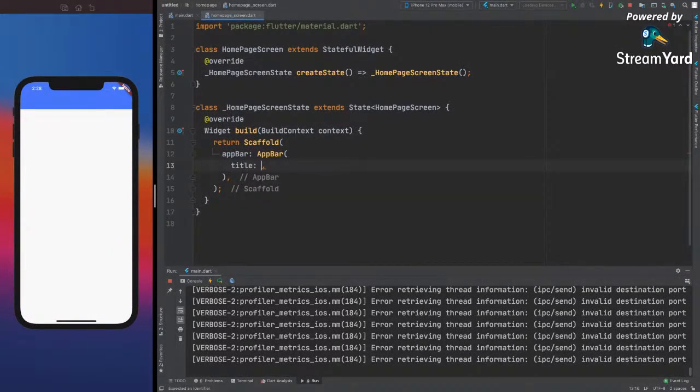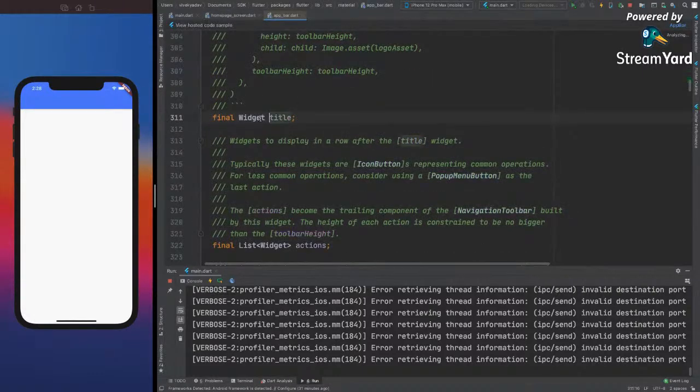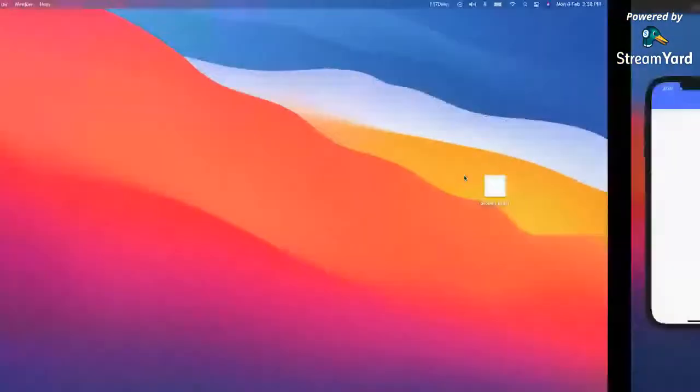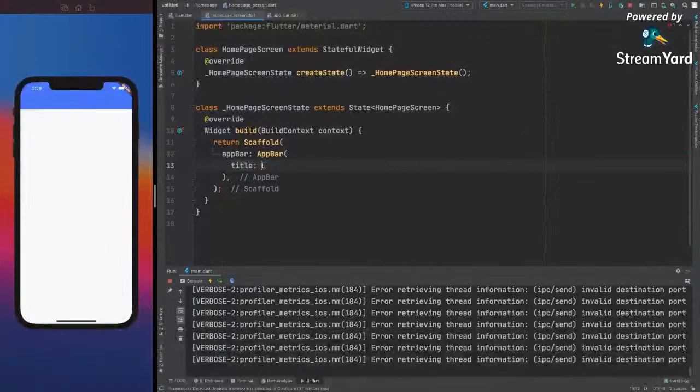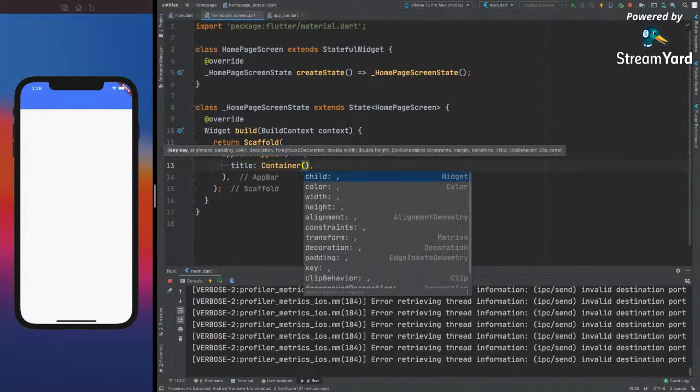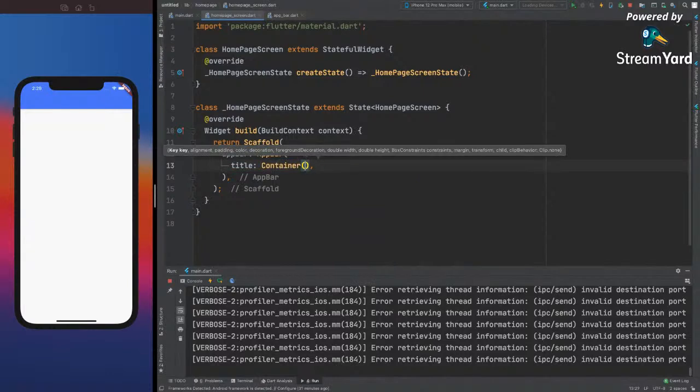Title takes a widget, and in this design we want to put a box over here. So for that case we are going to use container with the height 50 and width 150. Let me give it a